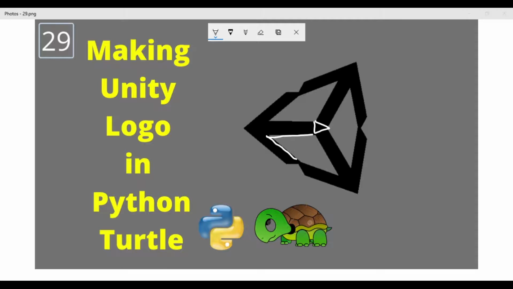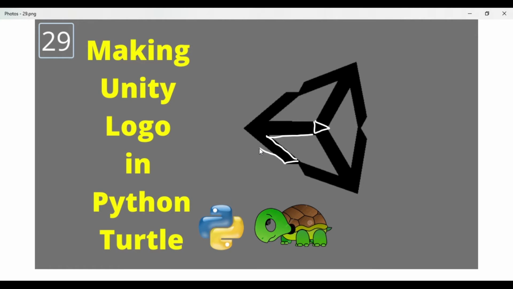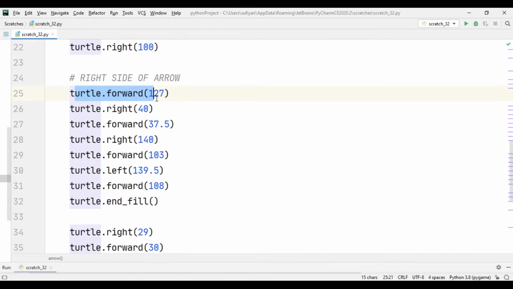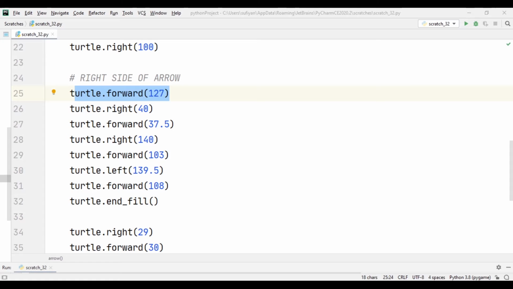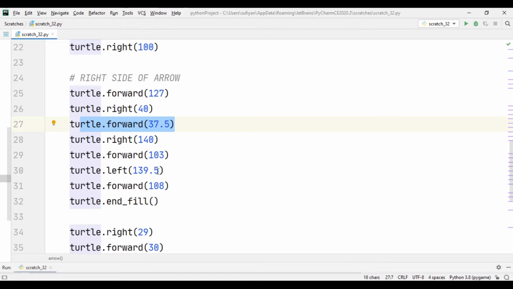equal to 37.5. So turtle has covered distance equal to 37.5, change its angle to 40°, then again cover distance equal to 127 and change its angle to 100. So turtle has covered distance equal to 127. Now for the right side of the arrow, turtle will again cover distance equal to 127, change its angle to 40°, then again cover distance equal to 37.5 and change its angle to 140°. Turtle has covered distance equal to 37.5, change its angle to 140°, then again cover distance equal to 103 and